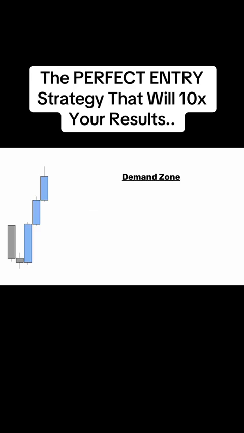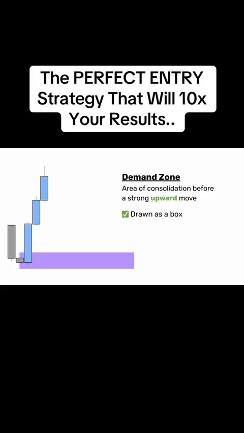So a demand zone is an area of consolidation before a strong upward move. When we're looking at candlestick charts, it's going to be the candle like this, the candle that sits at the bottom of a large upward move. If we visualize it as a zone, this is what it looks like, okay? It's drawn as a box, and my rule is to use the last candle before the impulse away. So I'm looking for a sideways candle like this with wicks either side and little to no movement, just before